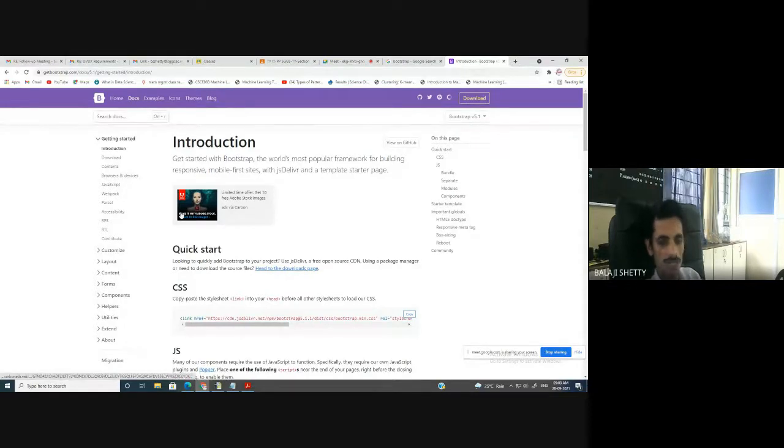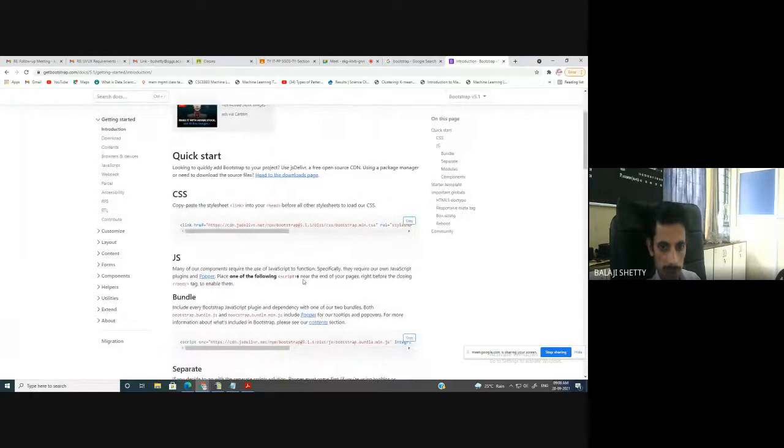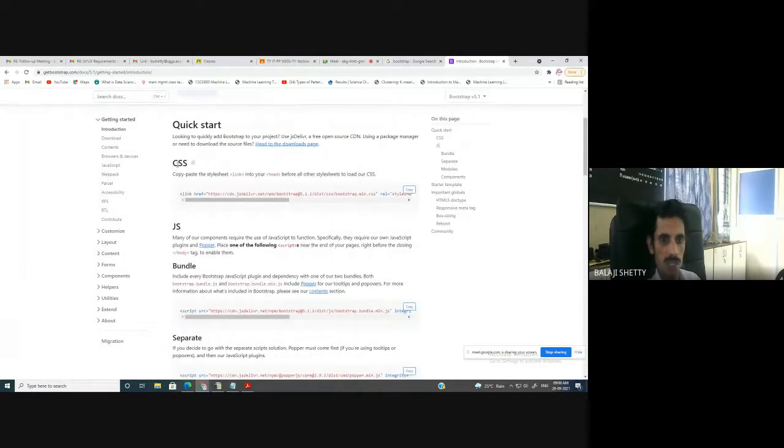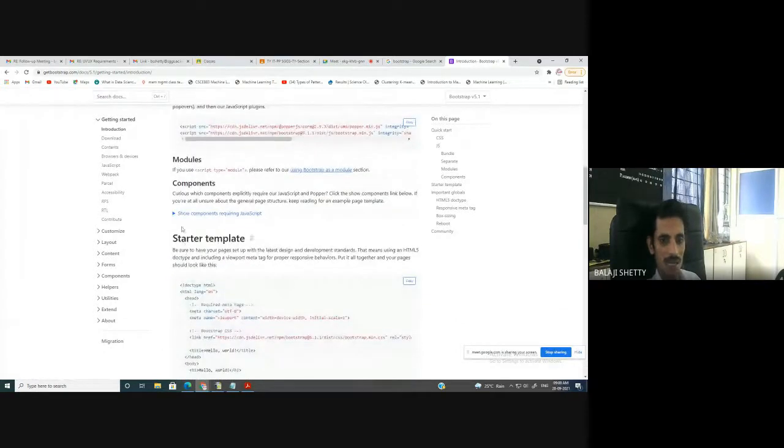So already you know HTML, how to design in HTML. I assume you know how to create a website using HTML. This is my assumption. If you don't know, please learn it. In HTML, there is an opening HTML tag, closing HTML tag, head tag, title, and body tag. In the body tag, we write the entire code. So we need to use this CSS file and this JS file. I assume you know CSS and JavaScript. And afterwards, this is the starter template.